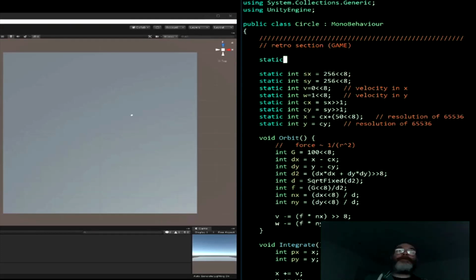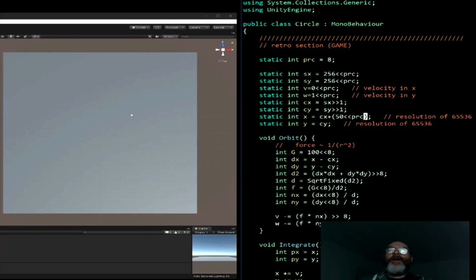If I wanted to get a greater precision, I would need to change how many decimal places I have after the point. PRC, I'll call it, which was 8. I'm going to look at all instances of it as a shift. PRC, so this is the number of bits after the decimal point. Currently only 8, but if I go through and look at all the cases where I have this 8,